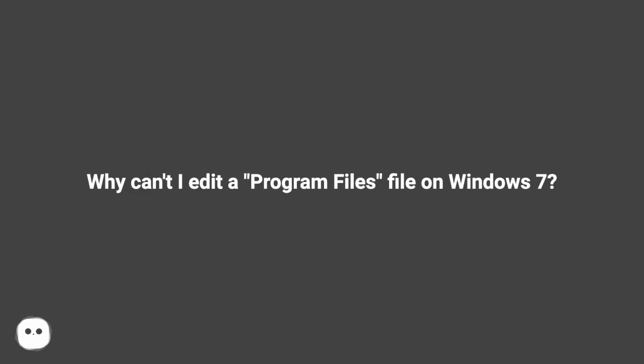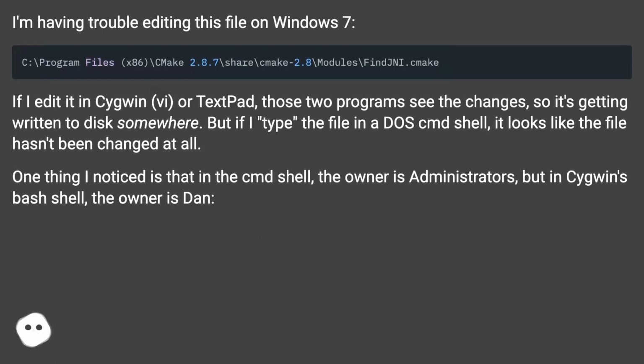Why can't I edit a Program Files file on Windows 7? I'm having trouble editing this file on Windows 7. If I edit it in Cygwin or TextPad, those two programs see the changes, so it's getting written to disk somewhere. But if I type the file in a DOS CMD shell, it looks like the file hasn't